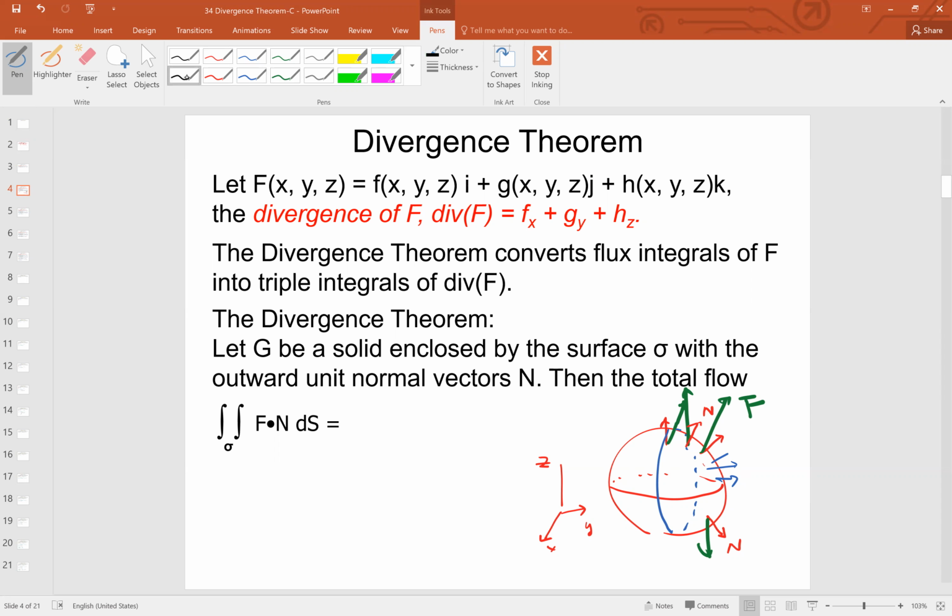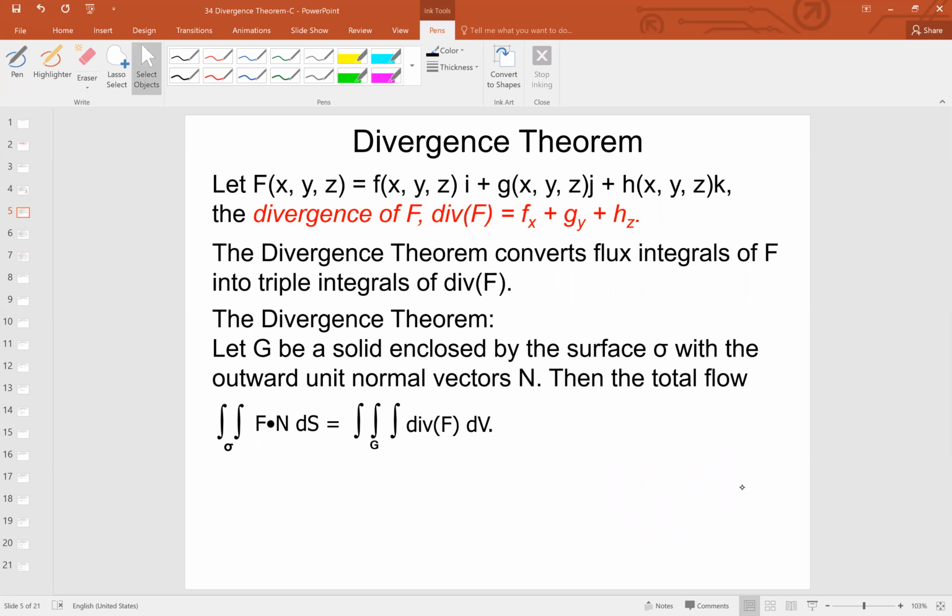The surface, of course, is this sigma, the surface of the sphere. In that case, the divergence theorem says you can actually take the triple integral